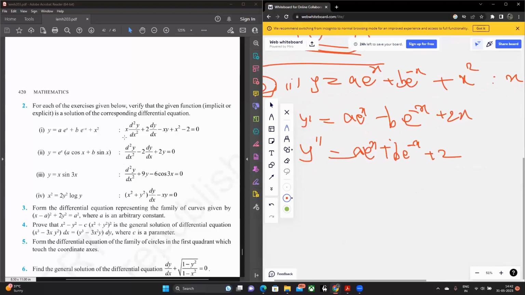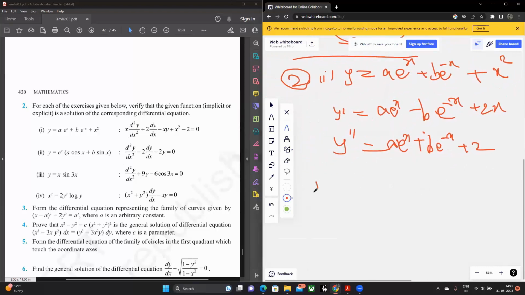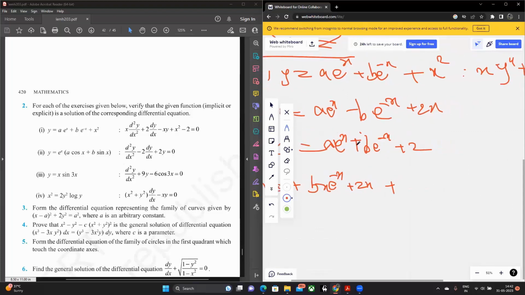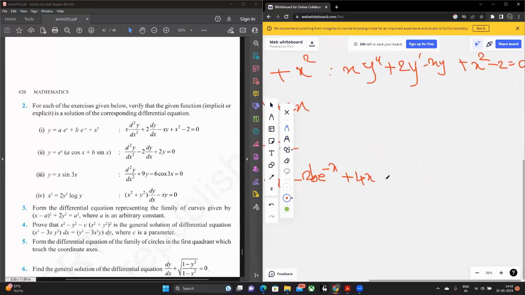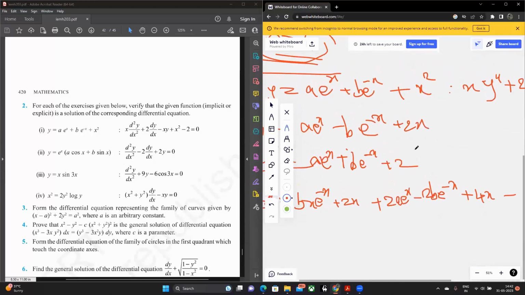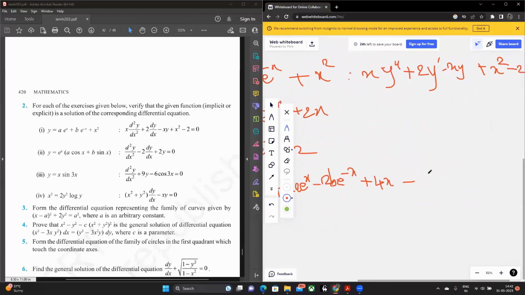And so your differential equation then becomes ax e power x plus bx e power minus x plus 2x, plus 2 times y dash, that is 2a e power x minus 2b e power minus x plus 4x. Minus x times y, that is ax e power x